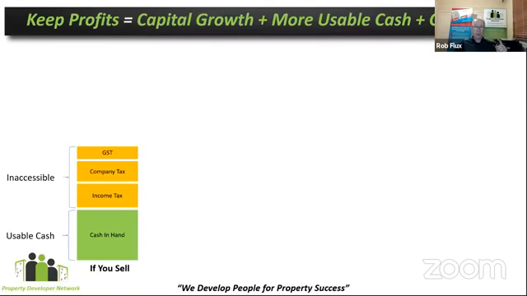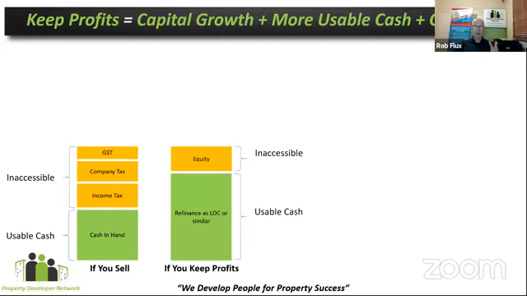Now let's flip that on its head and say, well, if we can actually do that project where we keep one as profit, let's have a look at how this works. Well, in this particular instance, we're not paying all that tax. Remember, I said it's actually deferred, but instead we have some inaccessible equity. We're going to have some equity in the property that we have trapped in there, and then we're going to re-borrow against that because it's actually owned outright. We're going to refinance that through a line of credit or something along those lines, and we can effectively pull more of that cash out and repurpose that cash into the next deal.